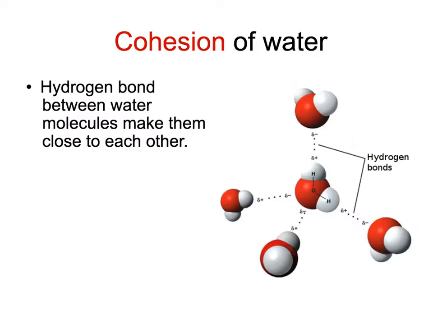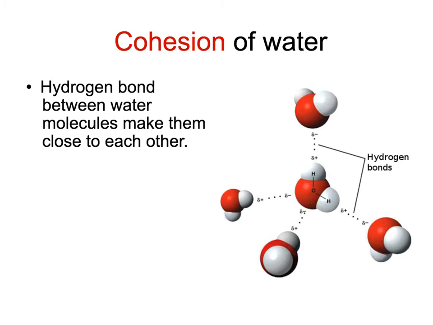Another characteristic of water is cohesion. Cohesion means the attraction between water molecules because of hydrogen bonds. It's a very simple and correct definition of cohesion. One water molecule attracts another water molecule because water